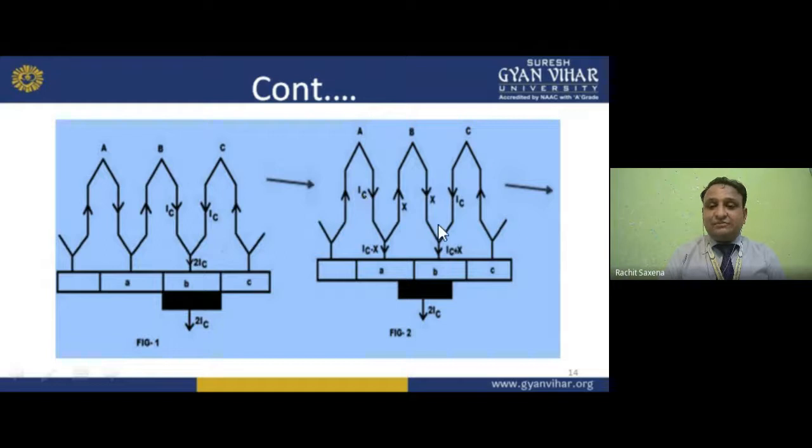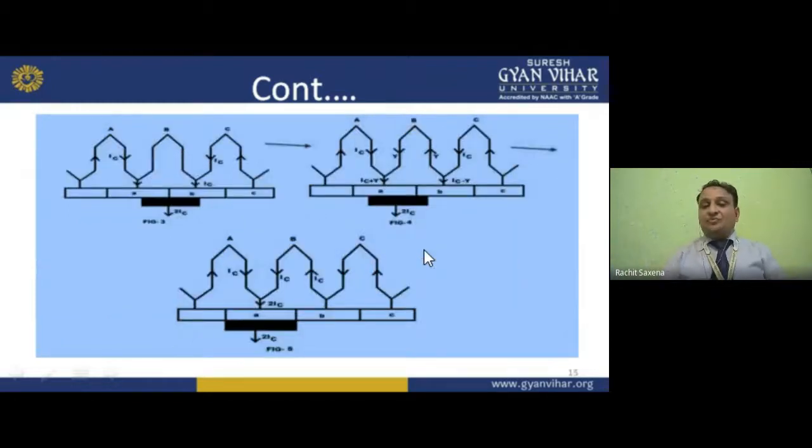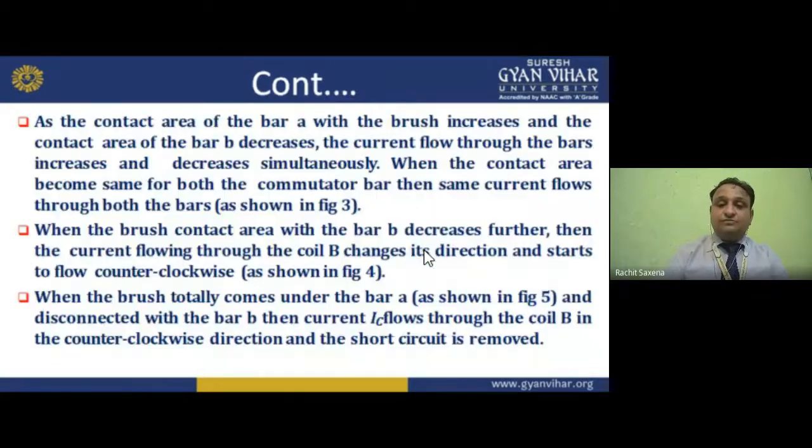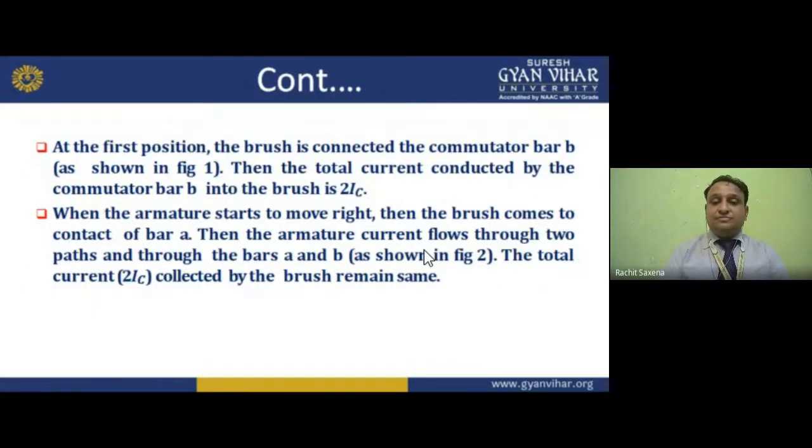But now see, here X is entering, IC is entering. So what can we write? IC plus X. Now if I place between these two, what will I get? IC minus X plus IC plus X. The X will cancel out, and remaining IC plus IC. So we are getting what? 2IC. I hope you understand my rule. Now, let's go through it. This is the same thing.